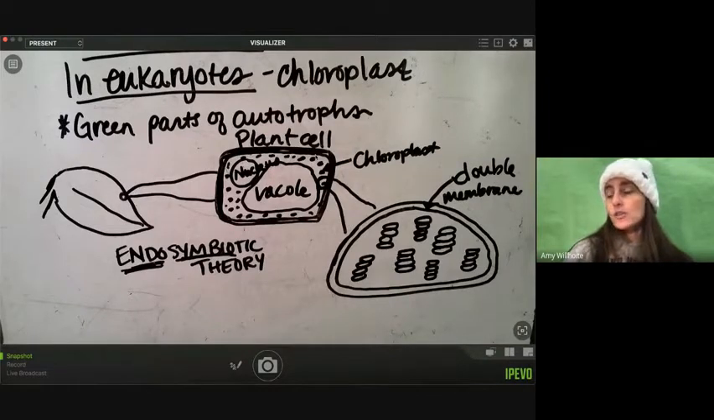And so the endosymbiotic theory tells us really how these organelles came to be inside of our cells, how we started to have eukaryotes at all. And so that's kind of an interesting theory. However, one of the